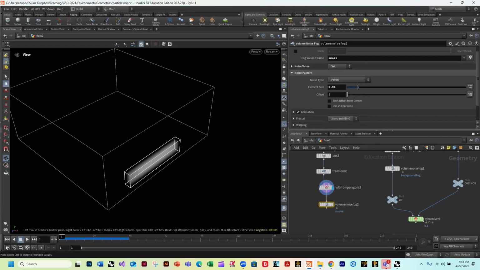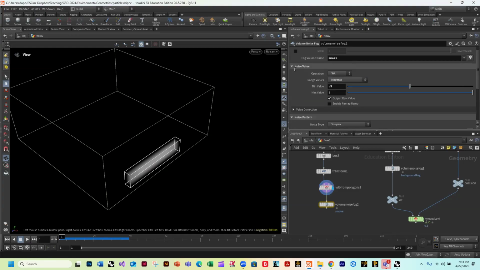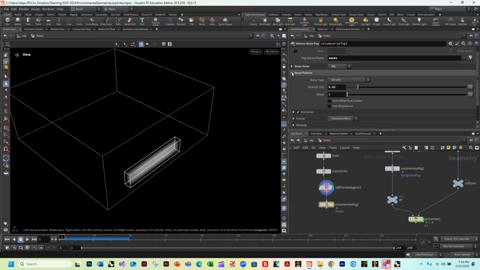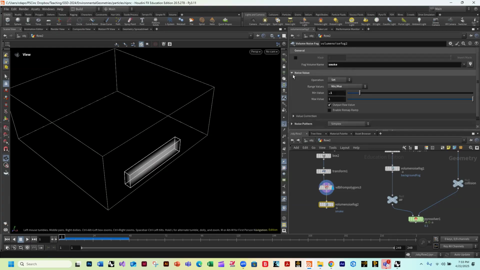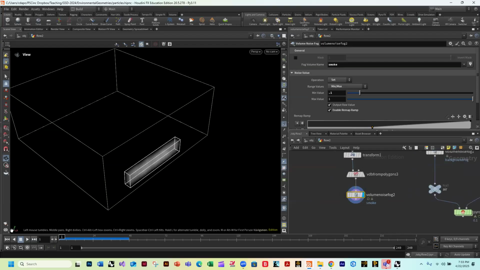Different kinds of things. I wanted to do this. Enable remap ramp. Be able to, oh, I don't have it on. That's why. Should be able to see